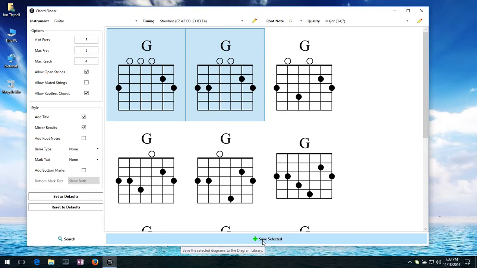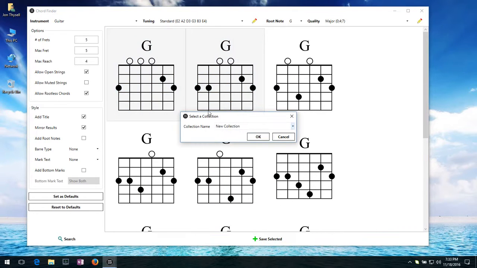And then you click this big Save Selected button at the bottom. What that's going to do is give you the option to save it to a collection in your library. We'll go through the library in a later tutorial, or if you've gone through the Quick Start tutorial, then you already know what the library looks like. Here you can specify either an existing collection, for example, here's the collection of chords that I found in the Quick Start tutorial, or you can give it a new collection name. So it's up to you. It'll list all of the collections that you've made, and you can pick where you want to save them. So I can go ahead and say, Chord Finder tutorial, and save those G chords in there,